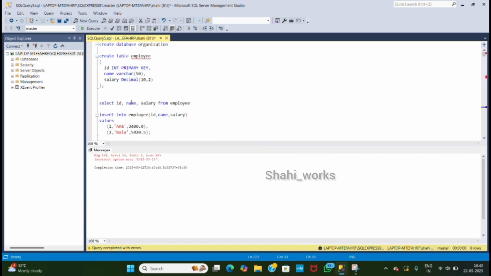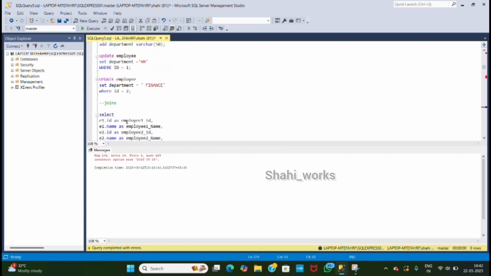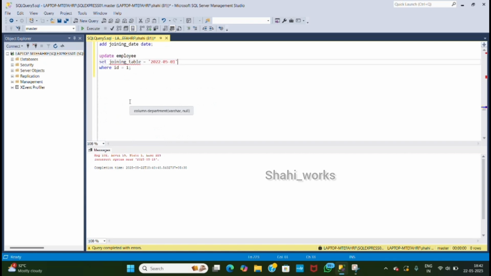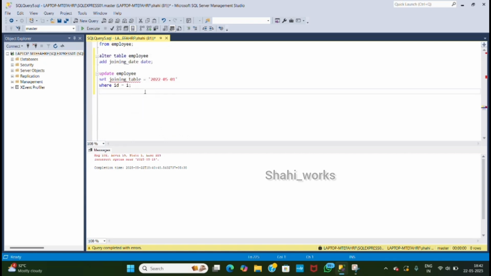Now I will show here I have already created ID, name and salary. For this I have used the insert command, but hereafter if you want to add another column, you have to use ALTER and then your UPDATE function, and in the update function there must be a WHERE condition. So if you highlight and execute it, now you can,